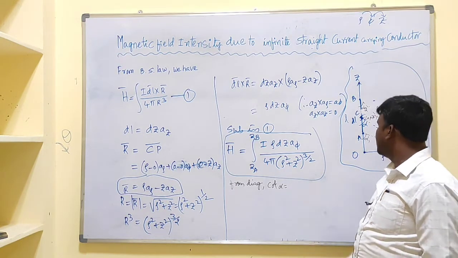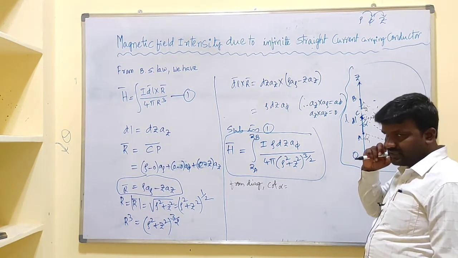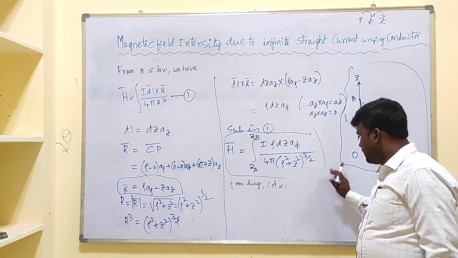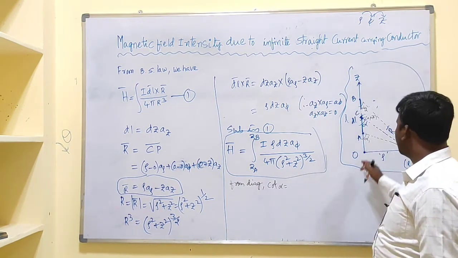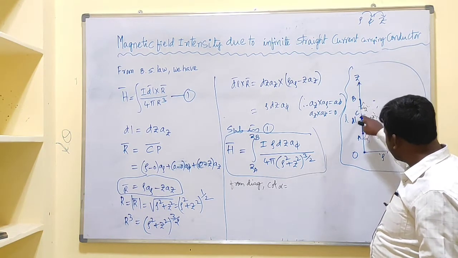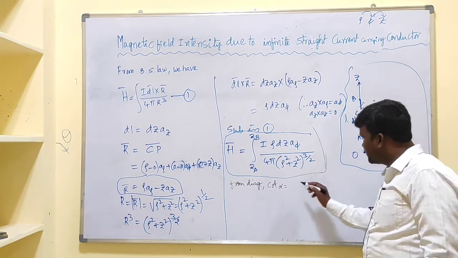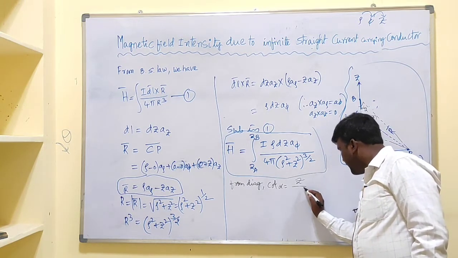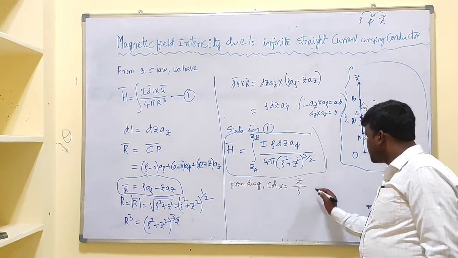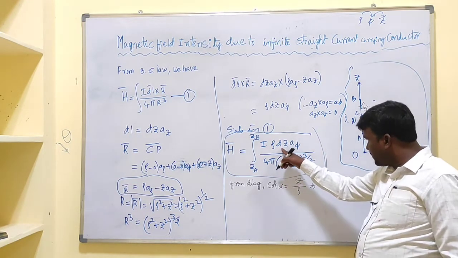Cot alpha means adjacent by opposite. Adjacent is what? From here to here we have the adjacent, that is OC. OC means the distance z, and the opposite one is rho. So from this we can define, since we require dz,